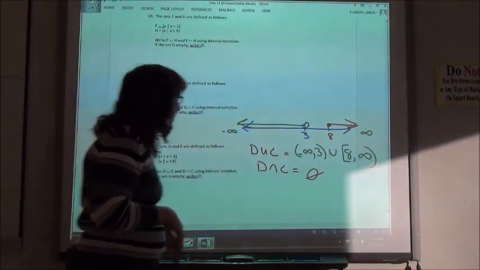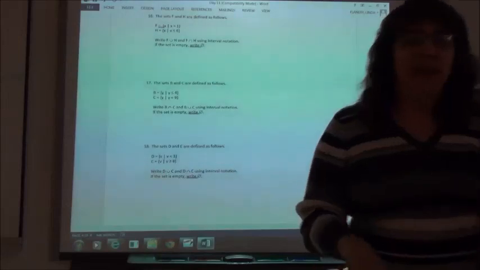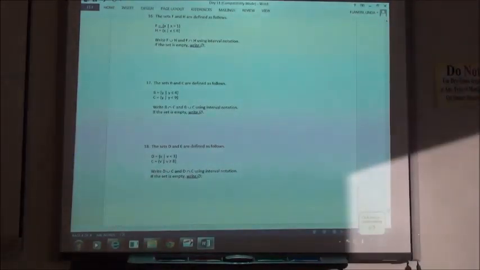All right. We'll go ahead and work till about 10 o'clock, and then we'll do the next page. If you've got those union and intersection ones, you might want to try those because those are probably